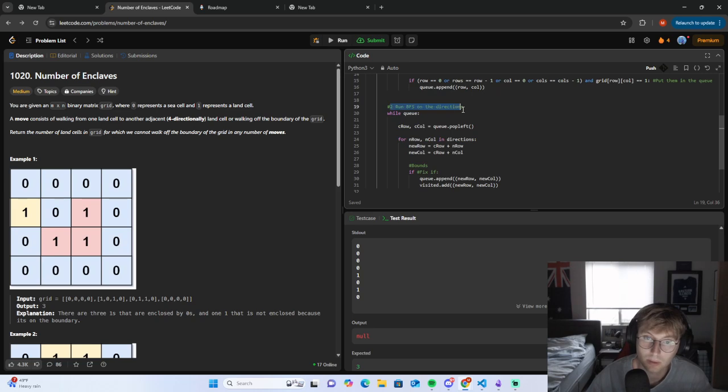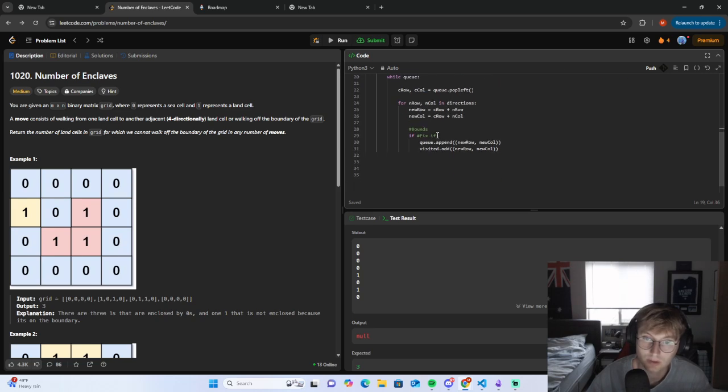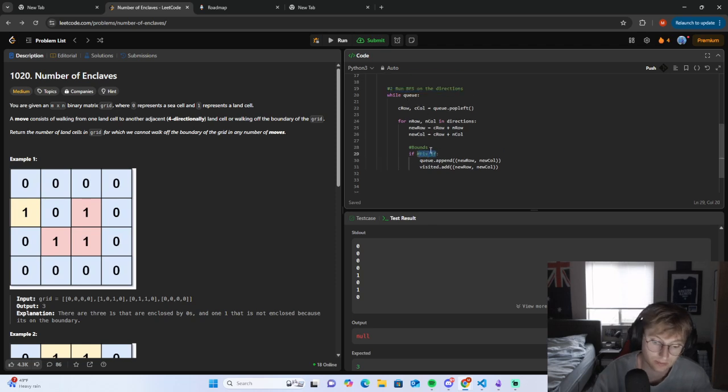Okay. We run BFS on the directions. Now we're checking, okay. Now we have to see what we can get to, right? So now we typically just have to check if it's in bounds, right? So we would do, well, is 0 less than or equal to new row, and is it less than or equal to